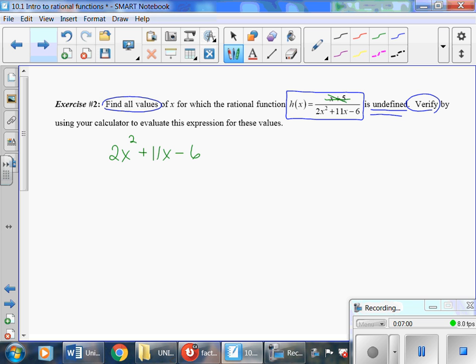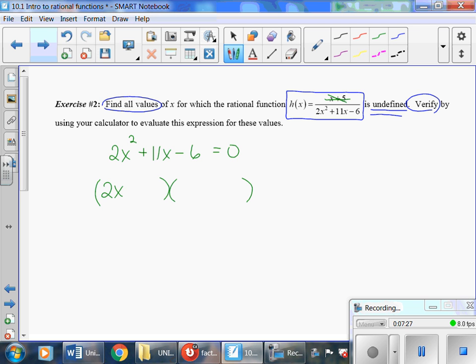It's asking you, do you know what the word undefined means? And do you know how to solve a quadratic when you set it equal to 0? So this one is factorable, but if you're having difficulty still factoring, you can always use the quadratic formula. It might take you an extra minute, but that's about it. Just make sure you're doing it properly. All right, but this one will factor